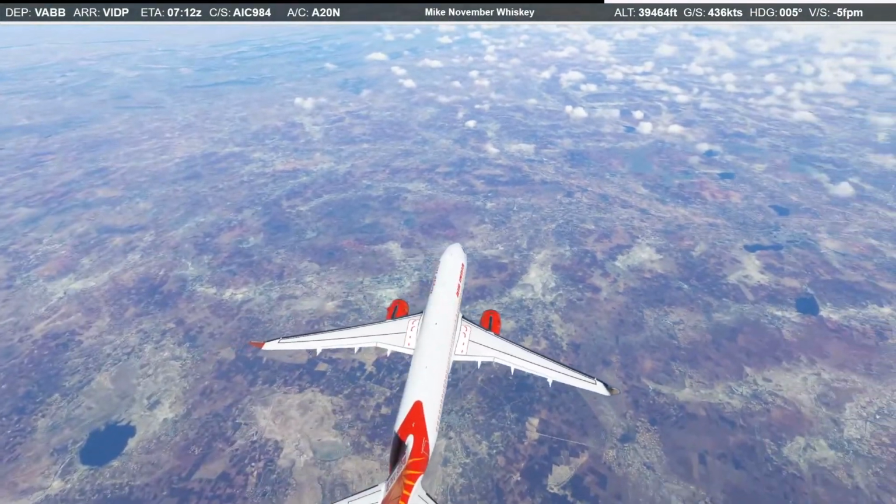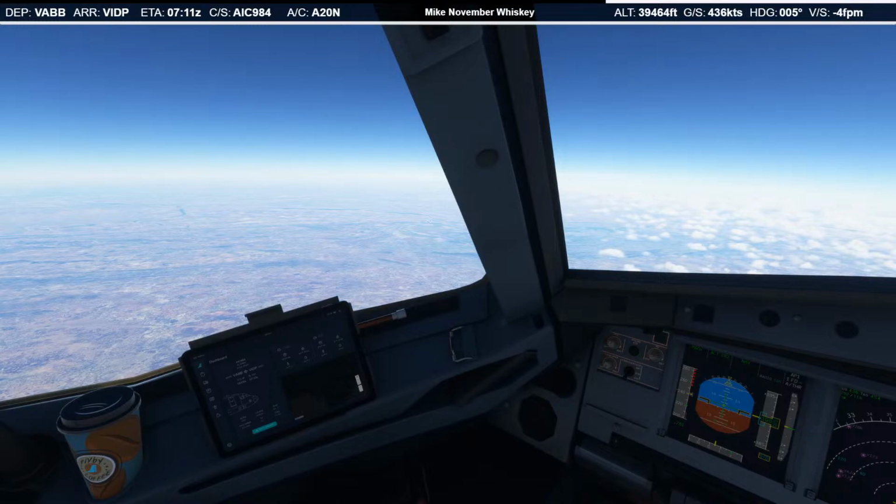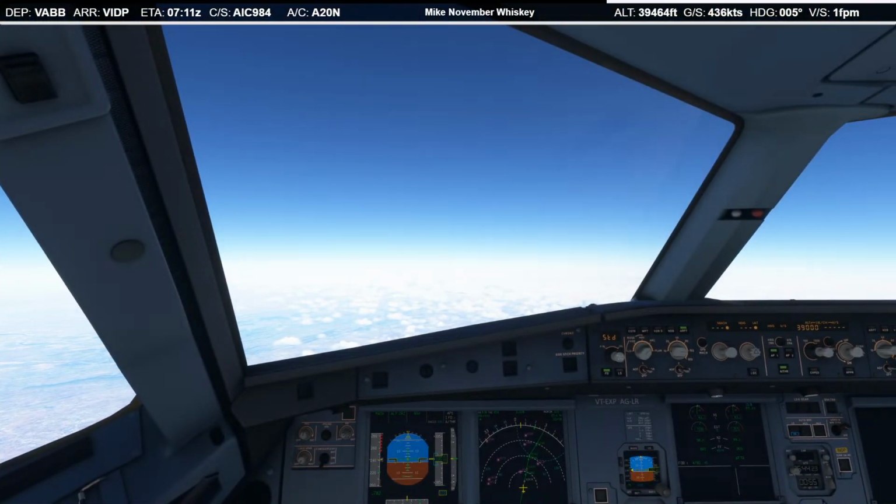Such a huge country. It's amazing. So we're at Nakok. This is where we're expecting to get some turbulence, pretty much for the remainder of the flight.